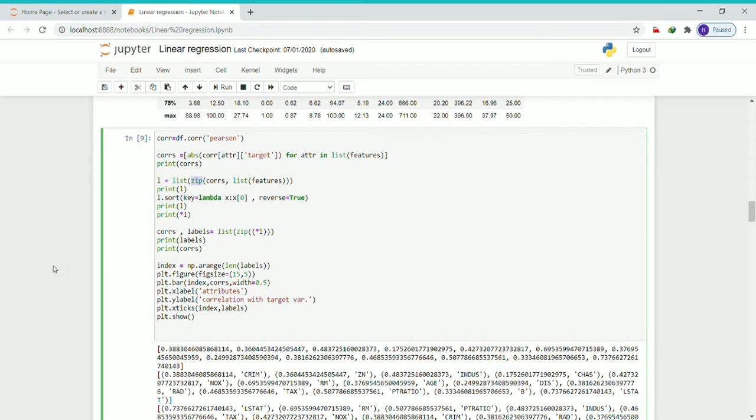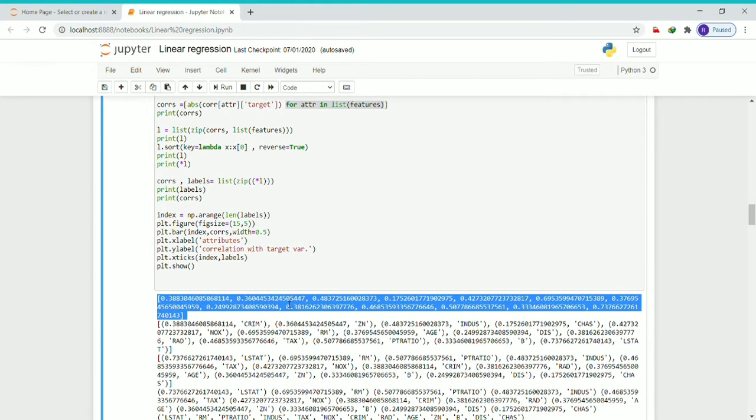Here we will be using Pearson correlation to find out the relation between the target and each attribute in the features list. Here you can see that this list contains all the correlation values.